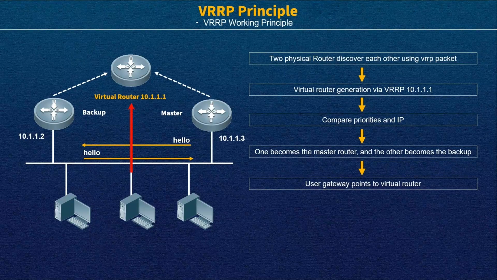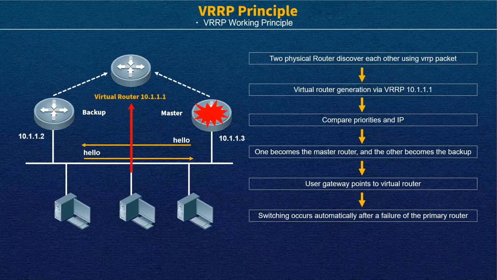Also pay attention: the right one becoming the master means all the messages sent out by the terminals will be forwarded through the right router. But the terminals still use the virtual IP address as the gateway address. If the master is broken, then we will select the left router to become the master, and it will help us forward the messages out. In this process, how to detect whether the master is working or not, and how to switch, this action will be done automatically.